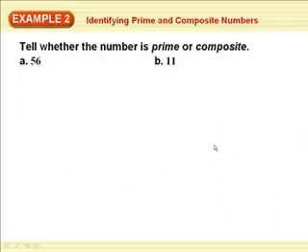Okay? All right, so example number 2, telling whether numbers are prime or composite. Let's go back to our vocabulary. Remember, prime is if the only things that can go into them are 1 and itself. Composite is if anything else can go into it. And here's a rule for composite that will help you. The only even prime number is 2. Every even number higher than 2, 4, 6, 8, 10, 12, all of those are going to be composite,